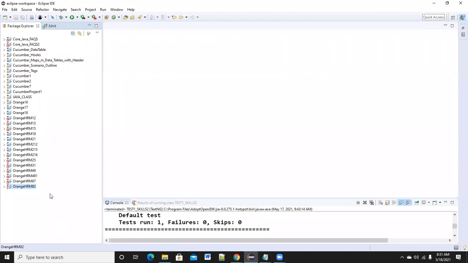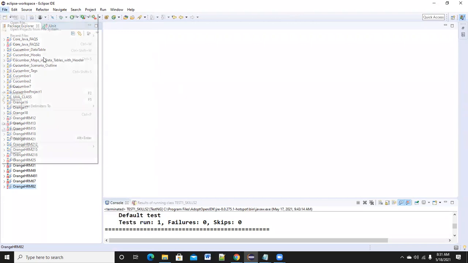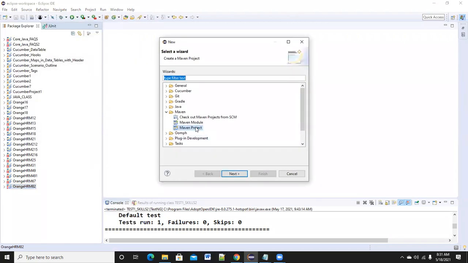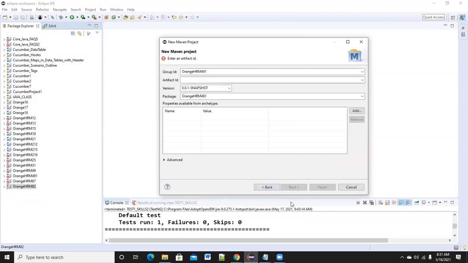So we know how to create the new Maven project. Go to file, new, other, Maven project. I'm giving next, next. Here I'm giving Orange HRM 87.